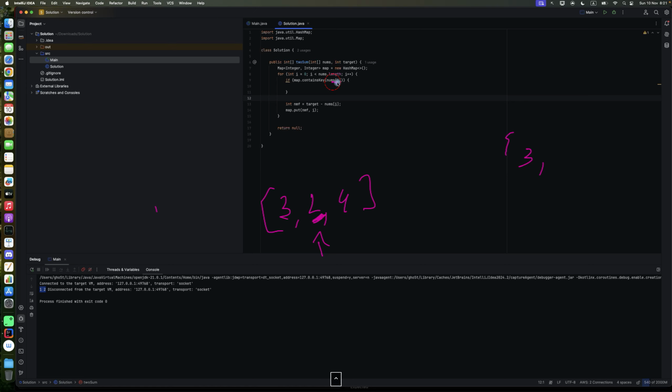Okay, we will do this here, and when we calculate for 2, we will have 6, the target, minus 2. We will put 4 right here, right? And when we are standing at the last element here, it will be in the hash map and we want to return from here. So if the map contains 4 in our case, because we are standing at 4 here with the i pointer,